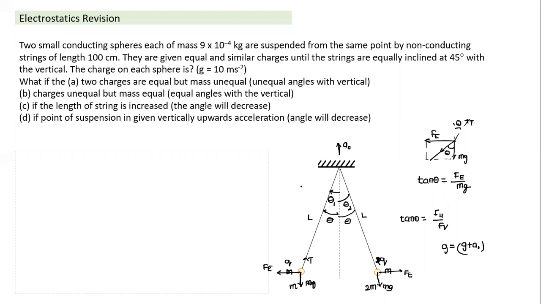So any variation of the question of two masses suspended by strings is based on the equilibrium of each particle. An important point we need to keep in mind: electrostatic force will always be equal and opposite. The gravitational force is not, because the gravitational forces acting on the two particles are not pair forces. That is due to gravitational pull. This may be unequal, and we can calculate such questions.